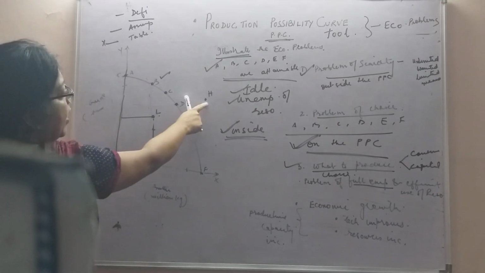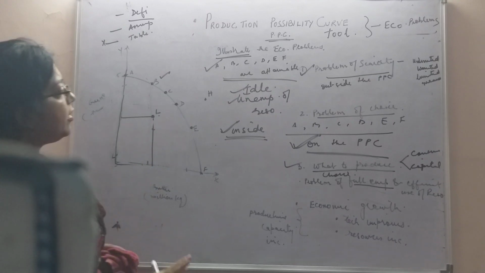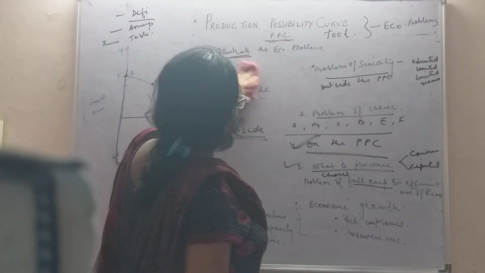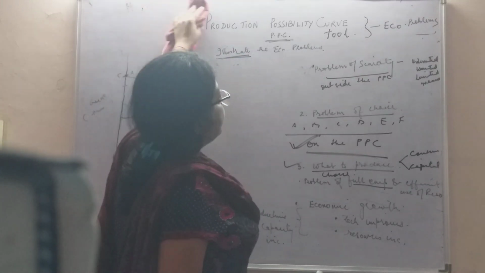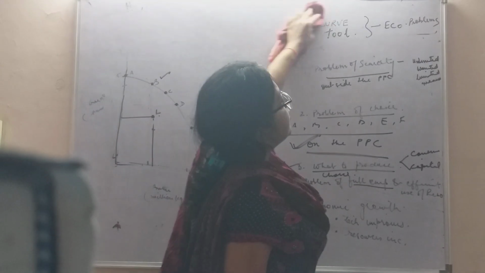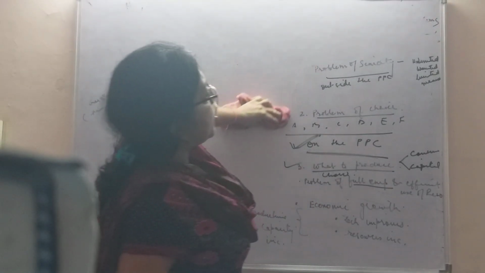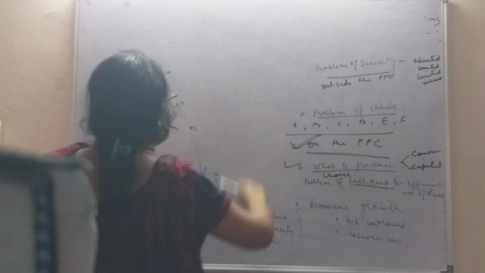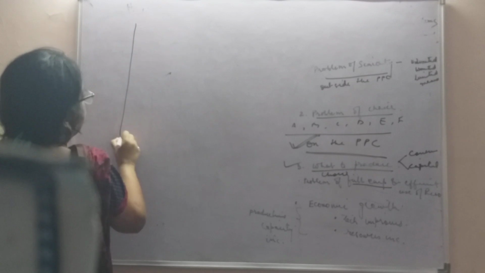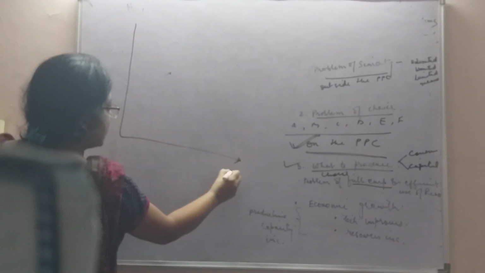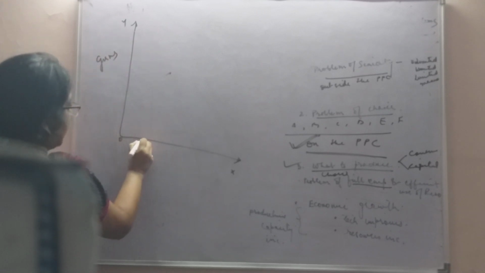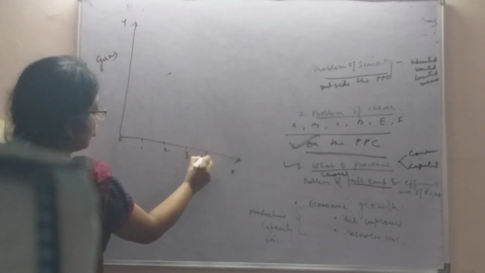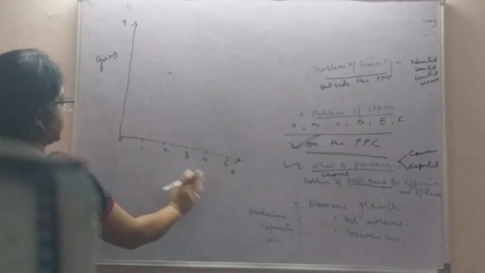Till now this much is clear: if the question comes, illustrate the problems of an economy with the help of PPC, you will start by giving the definition, then give two assumptions, and then come to the problems. Say the first problem is the problem of scarcity, and then properly draw the diagram. This is the x-axis, this is the y-axis, here you are showing guns. Remember, here 1, 2, 3, 4, increasing by 1 each, you will show on the x-axis.